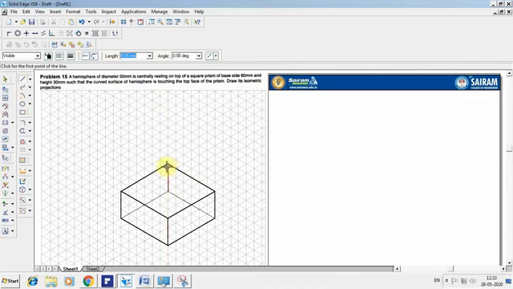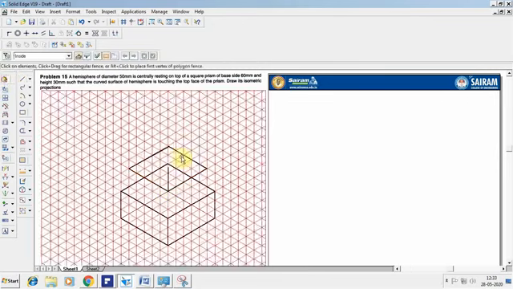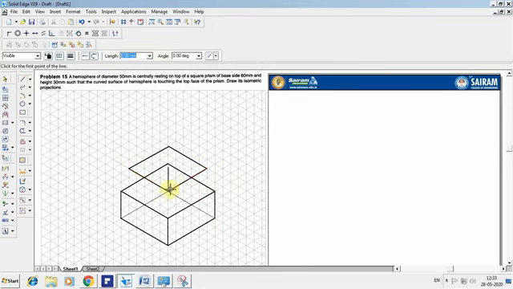Now I have to construct the square face at the top of the 25 point, that is, the point on the tip of the axis. To get that, from here I have to come back 25 mm downwards. From this point I'll go 25 mm downwards. From here again I have to go for 50, and again 50. So I have to go for 50 and 50. Once you've done this, go for identifying the points again.